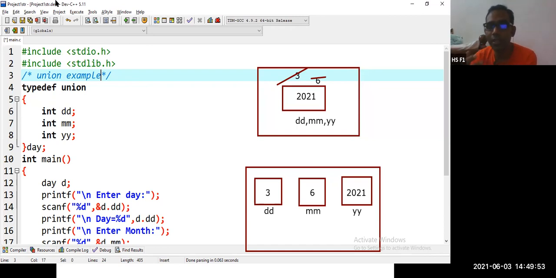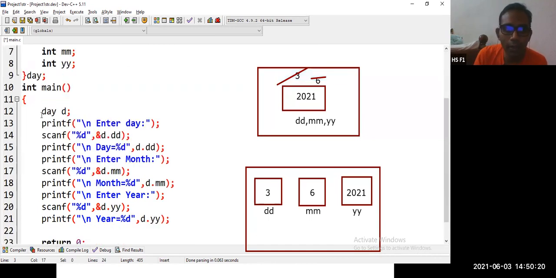We also have nested unions. A union inside union is also there. Passing a union to a function is also there. Typedef is also being implemented. Everything. Memory allocation using DMA for a union is also there. Okay. Whatever the programs we have done so far with structures can also be done with unions. But the thing is, accept the value, print it. You cannot hold it.